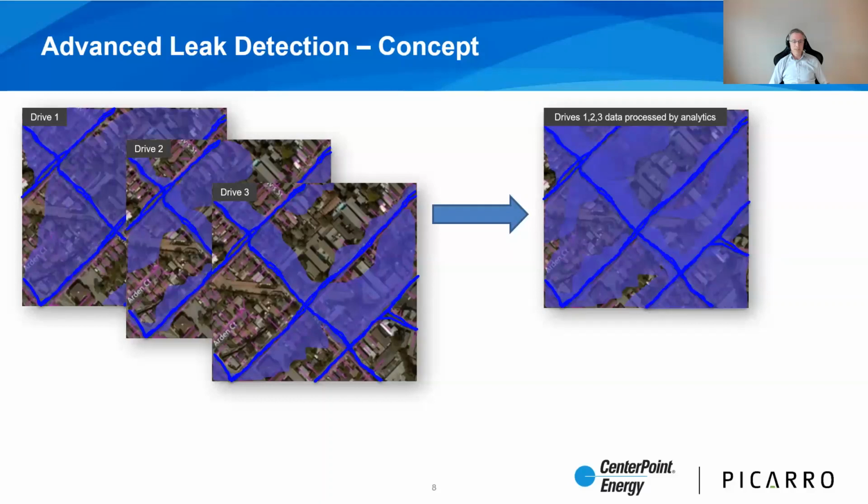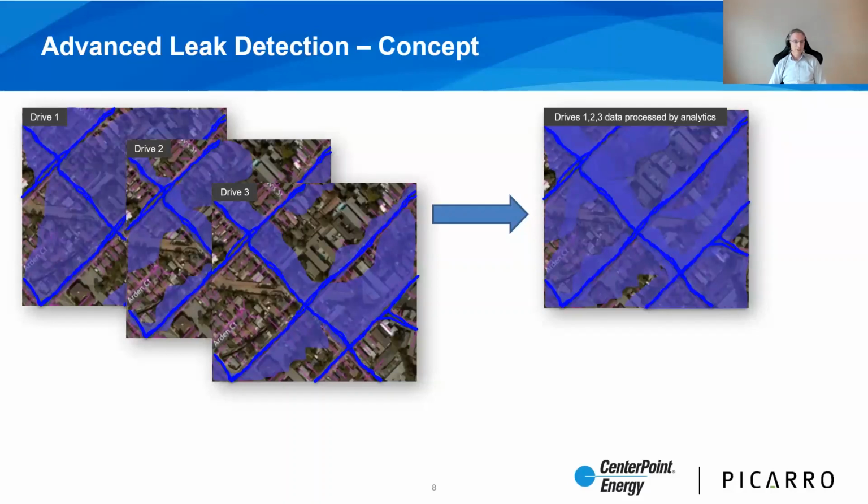We have a multi-pass, multi-day drive protocol where we prescribe 3 different drives. Each drive is done on both sides of the street. So we get basically 6 passes over a particular pipe asset. And these 3 drives have to be done over at least 2 different nights, and preferably during nighttime where the atmospheric conditions are calm and the methane plumes are the least disrupted and can make their way through the sensor. So we have demonstrated that this protocol gets you enough sampling of the wind conditions where you will have effective